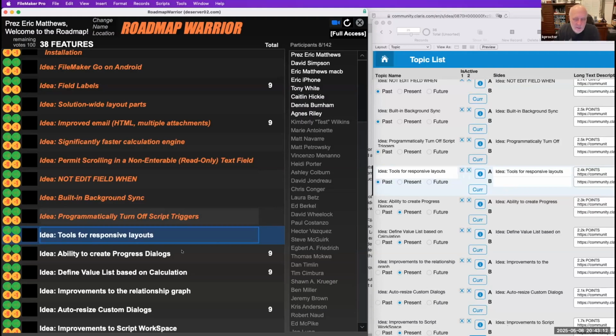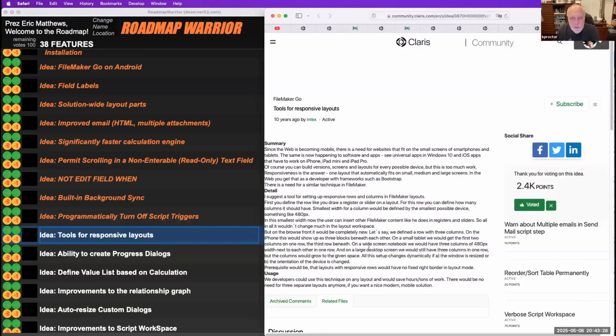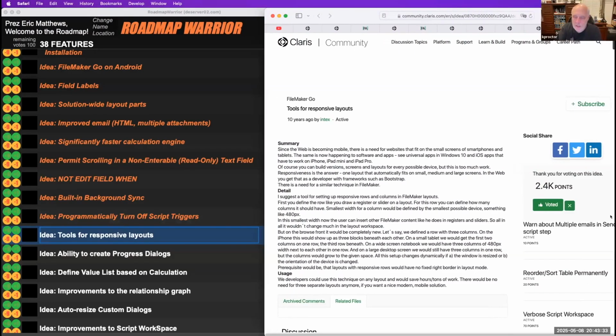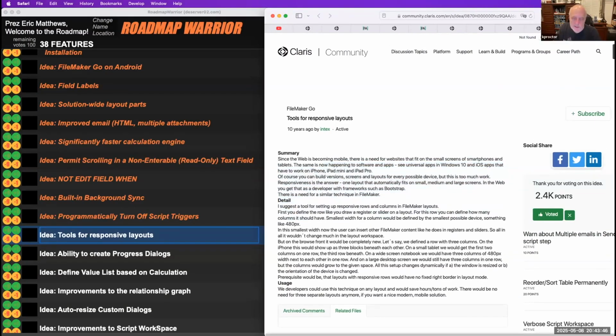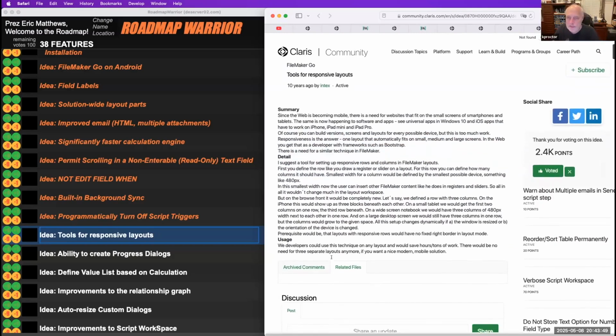Well, no, HTML does it, and that's not a responsive layout. It's called a flow layout. That's why I said, what is a responsive layout? I think that's what he's talking about. Yeah, I think so too. But if you're talking about HTML, that's a flow layout. When you take this window and you resize it, some of the objects will flow underneath the other objects. Okay, that's called a flow layout. But I don't know what he technically means by responsive. Does he want the flow, or does he want